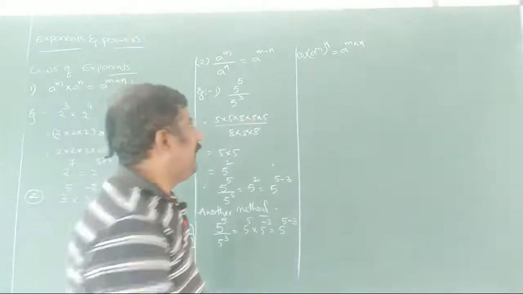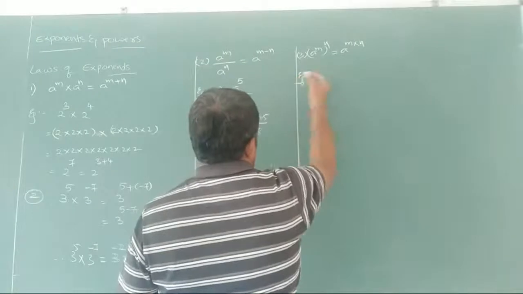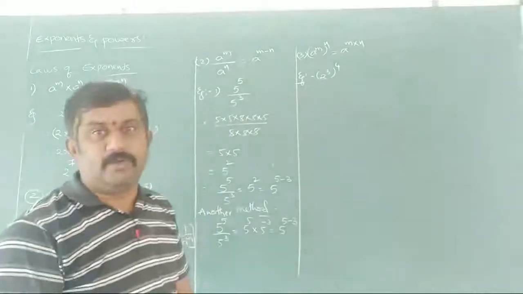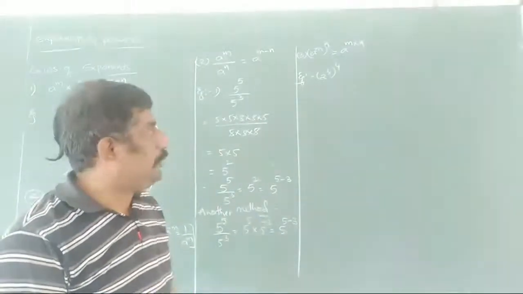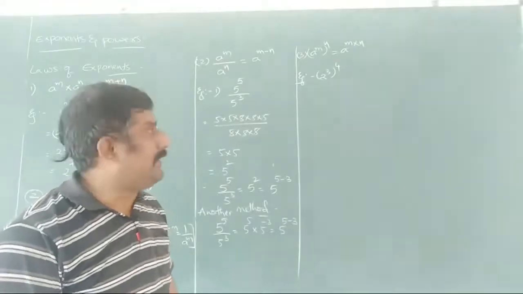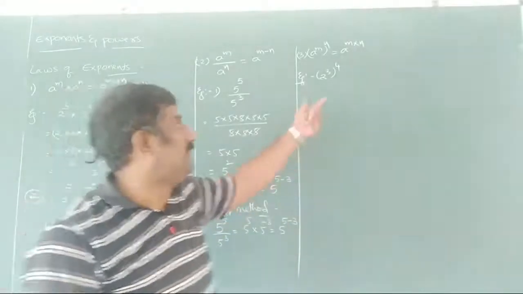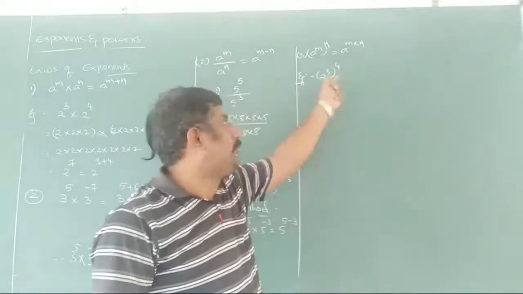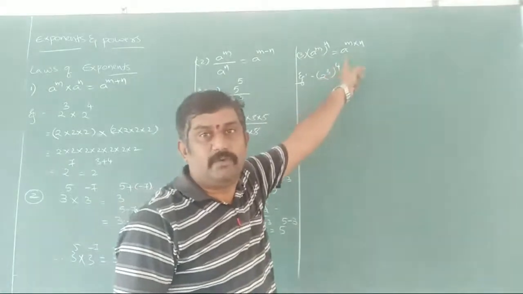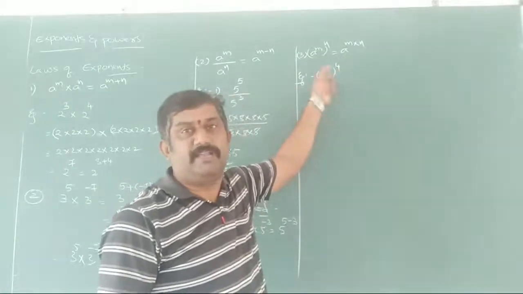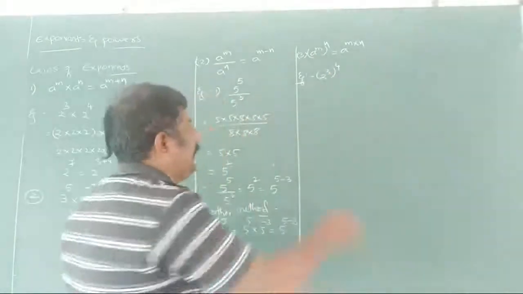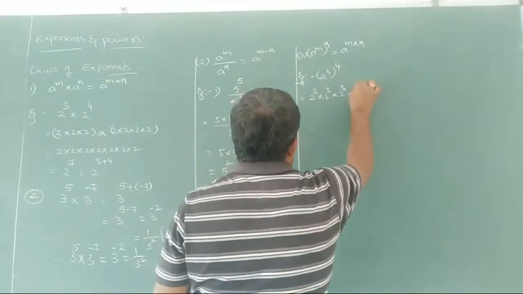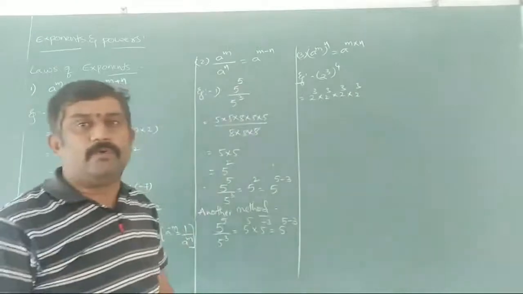Now you observe here. Again I am going to take an example for this. 2 to the power of 3 whole to the power of 4. Now what are we writing here? First of all, observe this 2 to the power of 3 and again we have a power 4 here. So what can we say now? 2 to the power of 3 is the base and the exponent is 4. So that means this base, how many times should we write? 4 times we should write. So we can write this as 2 to the power of 3 into 2 to the power of 3 into 2 to the power of 3 into 2 to the power of 3. 4 times I am writing.